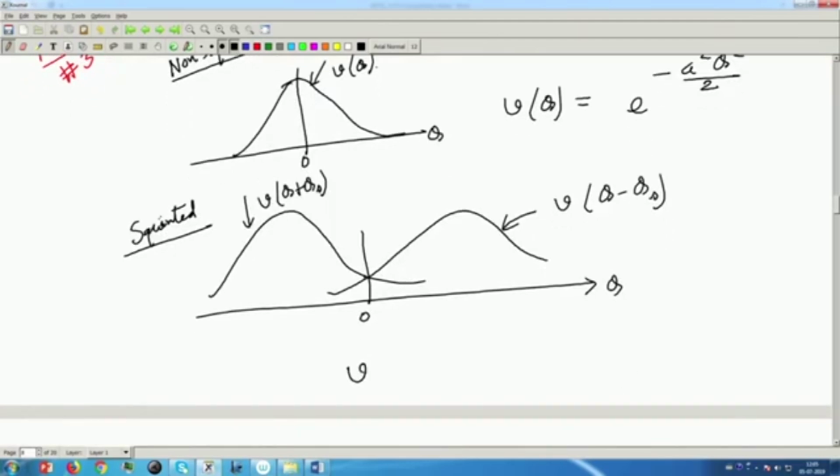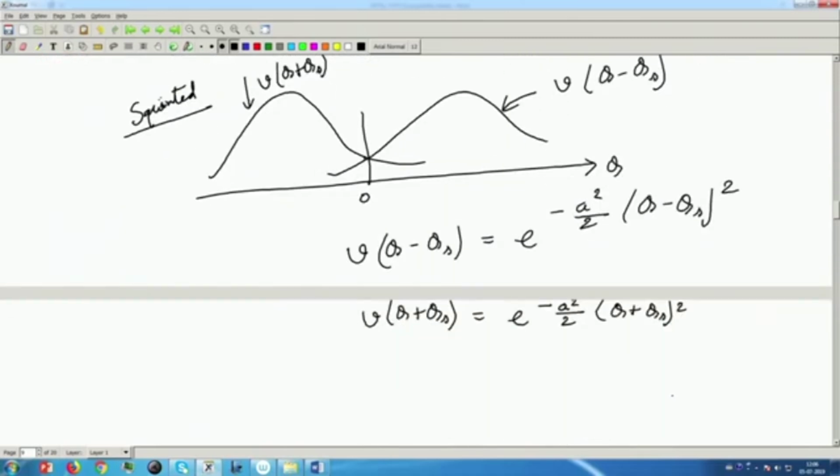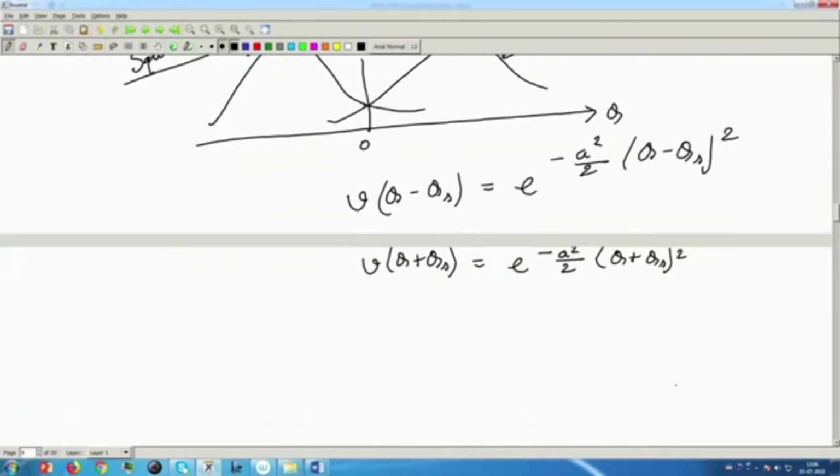I can easily write the expression for V theta minus theta s, that will be e to the power minus a square by 2 theta minus theta s square, and V theta plus theta s is e to the power minus a square by 2 theta plus theta s square, where theta s is the squint angle,